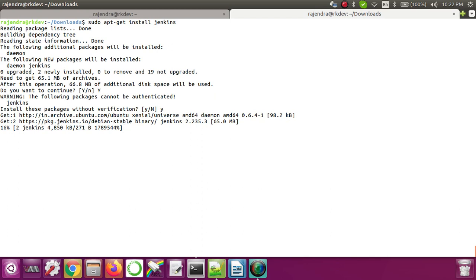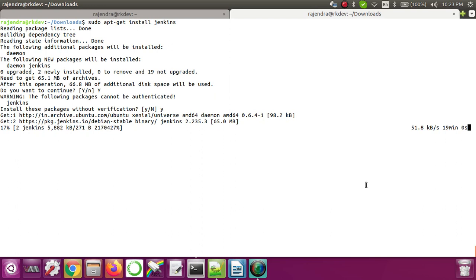Now it's just 16% done. So let's wait a couple more minutes. Maybe it is internally trying to download something, and that is the reason it is taking quite a bit of time. The speed is also around 1 MB. If you see on the right-hand side, it says around 30 seconds left. After this, I think it will quickly go and install the remaining components of Jenkins.